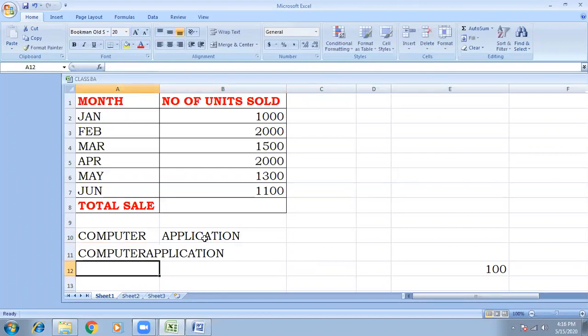You can see the words computer application will come together without any space.